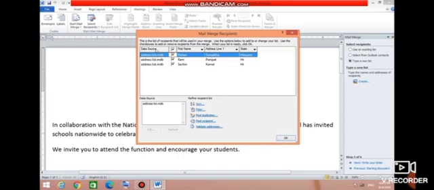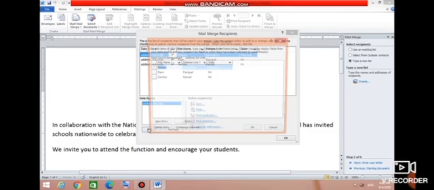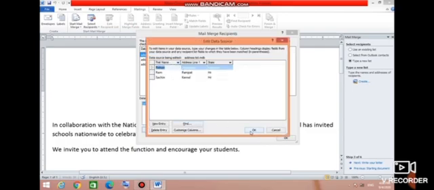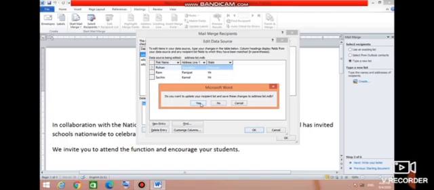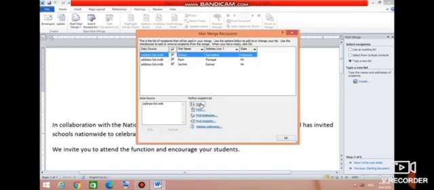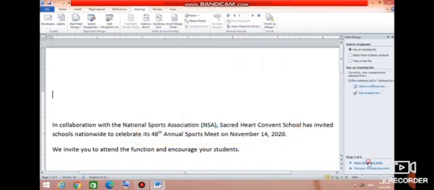Okay, suppose you want to change any student's record. Suppose you want to change the city, contact number, or name, we can easily do it. In the address list, click on Edit, and we can make changes here. But I don't want to make any changes here, so click on the OK button. Note that by default tick marks are placed in the check boxes next to the data source records. Got it? It indicates that these records are selected.